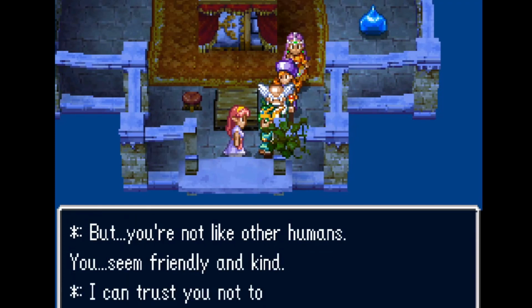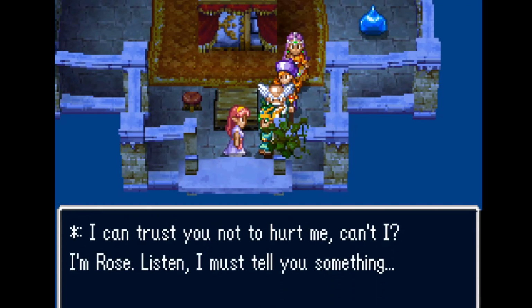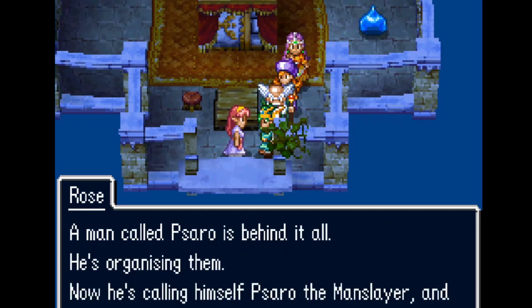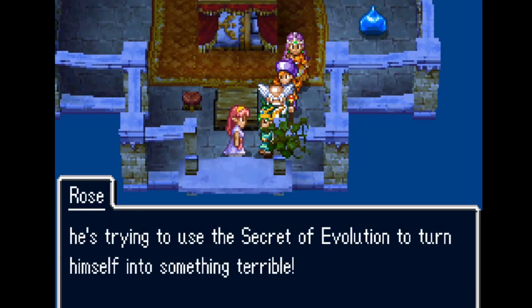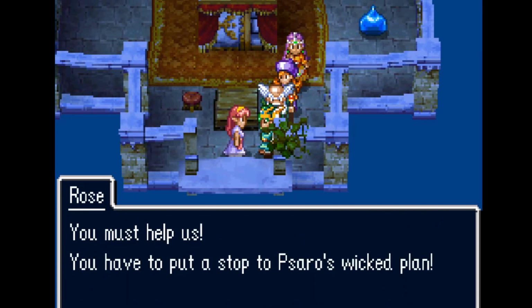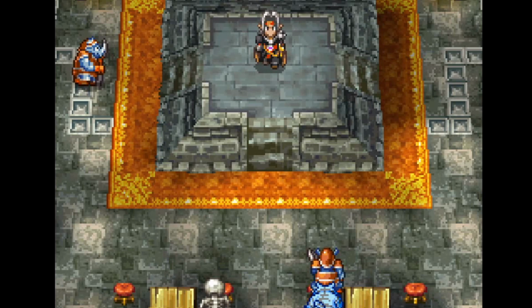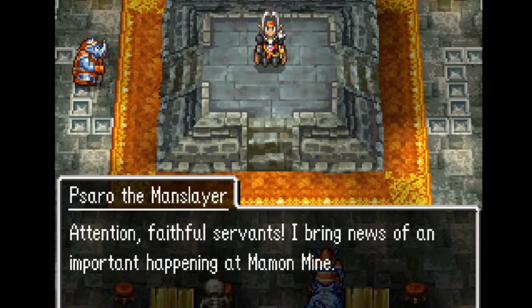Inside of Rosehill, they find that there is a tower that holds a young elf girl who cries ruby tears. Rose is the lover of Psaro the Manslayer, and he hates humans because the humans are always after Rose for her tears. A slime here in the castle tells the hero of the royal crypt where they find the Mod Rod. They use the Mod Rod to transform into monsters and attend the monster meeting with Psaro the Manslayer, who